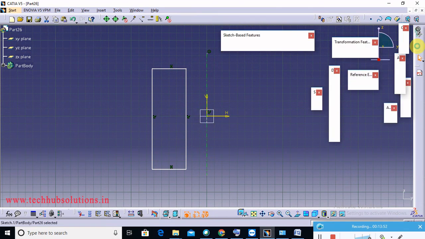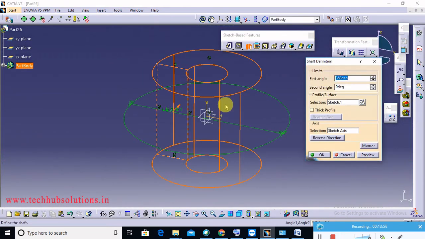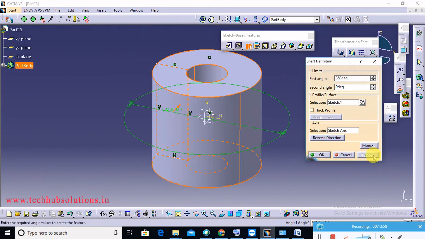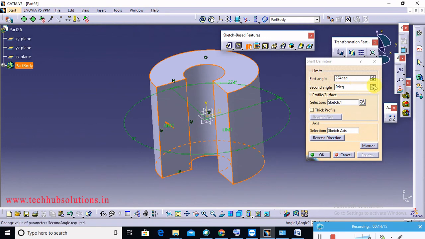So this one is shaft. So this one rotates 360 degrees. Rotate 360 degrees, and if you give any different angle, the maximum angle is 360. If you give a different angle, that is the first angle. Okay, first angle. If you choose a second angle, this one also is the second angle as per your choice.